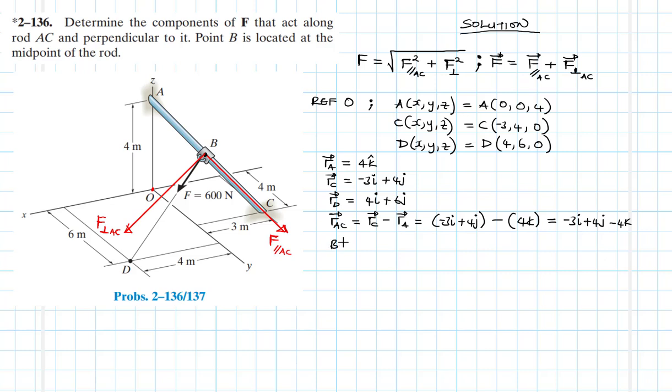Coordinates for B, which is x, comma, y, comma, z, is going to be equal to